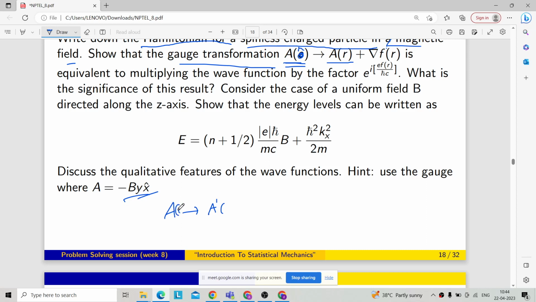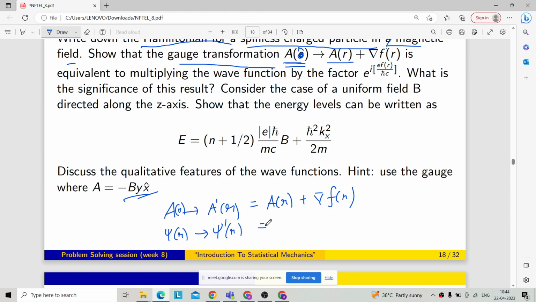So A of r is A prime of r, which is equal to A of r transformed by this gauge transformation: A of r plus gradient of this scalar field f of r, right? And let's assume our wave function psi of r is also transforming like psi prime of r,